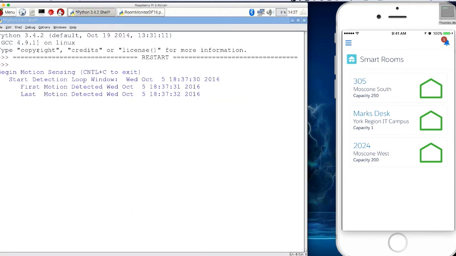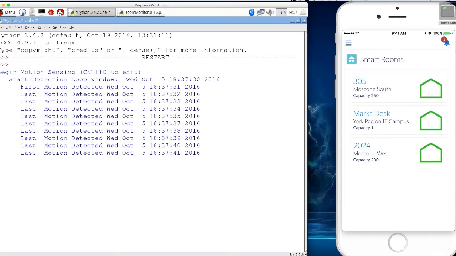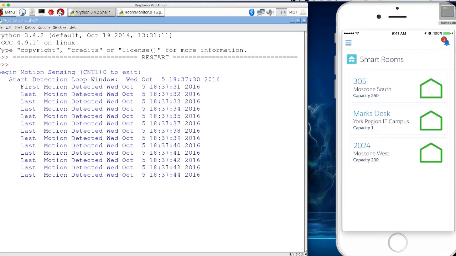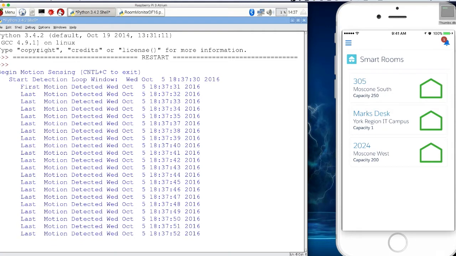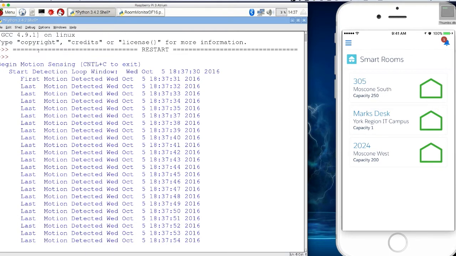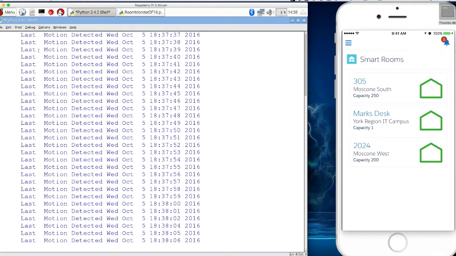So we started our script, and what the script basically has to do is understand two things. It's got to be able to identify when a room goes from vacant to occupied and vice versa. So we have a timing loop set up, and you can see one of the first lines up there says first motion detected. So we've captured that timestamp. Now, when the room is vacant, what we're looking for is at the end of this 60-second window, we're going to analyze this data, and we're looking for enough activity to span a minimum of 30 seconds. We don't want to be declaring a room occupied because somebody runs in quickly to pick up a white marker and is out. We want some sustained activity during that time period.